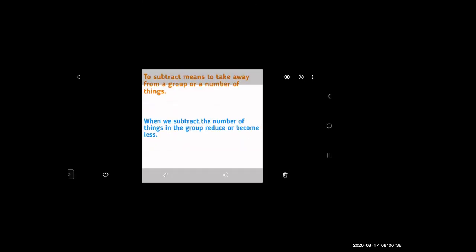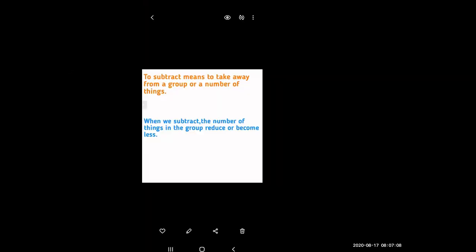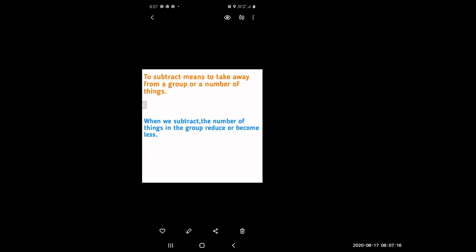So what is the meaning of subtraction? As you know, I just gave two examples of subtraction: one example of books and the other example of balls. We'll take the example of balls again. I had 10 balls with me, and out of those 10 balls, I gave 7 balls to you all. So the 10 balls that I had now reduce from 10 to directly 3. So subtraction means,